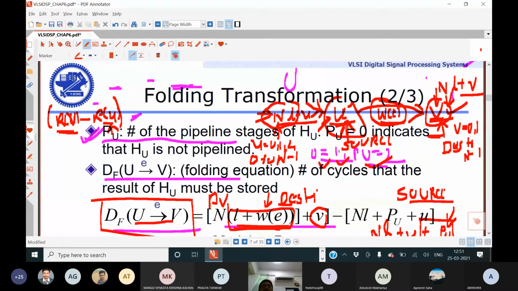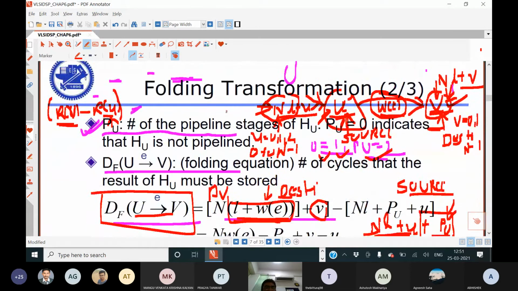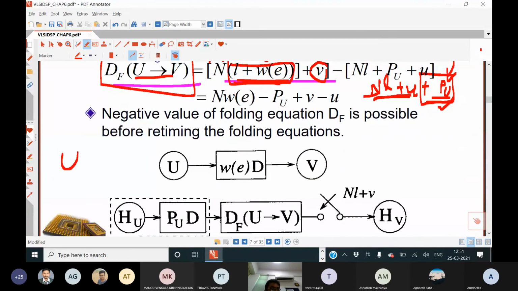Why is PV not required? PV stands for the pipeline stage of V, because we are not at all worried about the pipeline stage of V, because V is a terminal point. At this point the activity ends. Okay, if you have a connection like this,